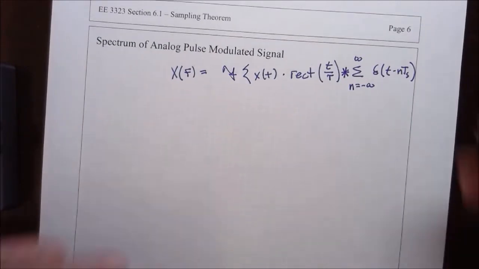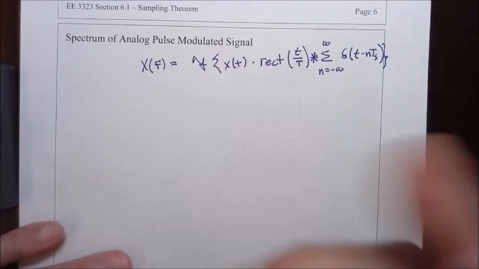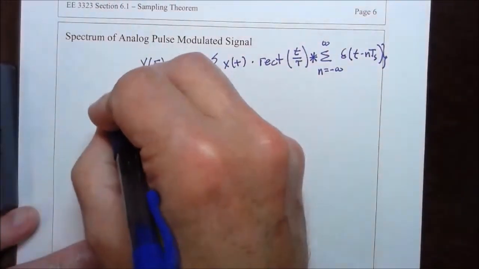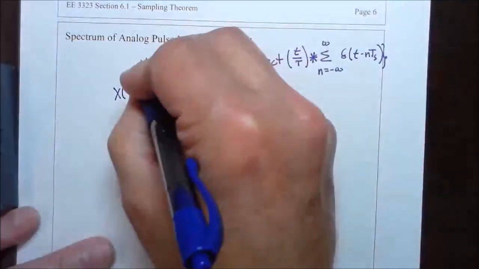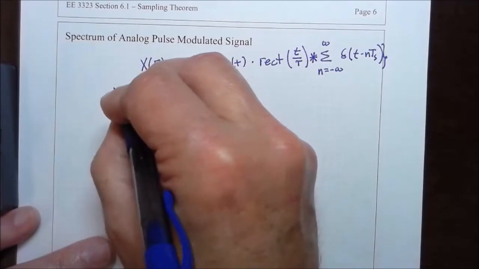Okay, so I need to find the Fourier transform of these terms. That's going to make capital X sub s of f,